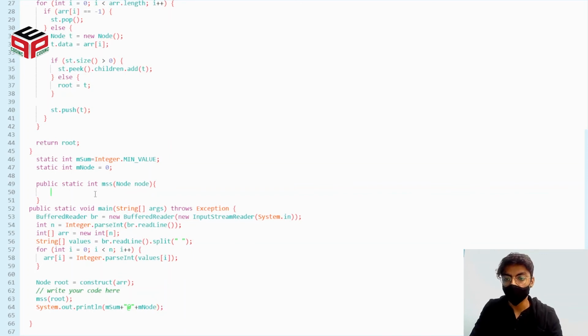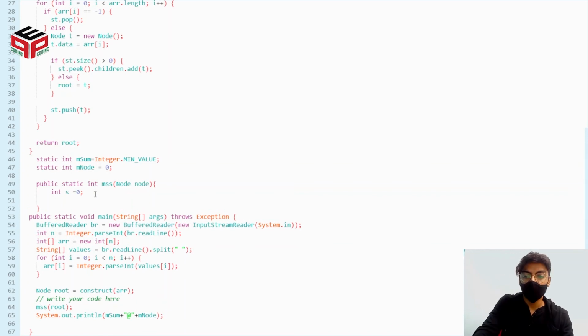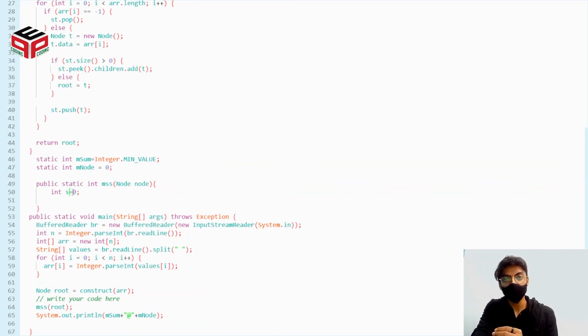Now coming to the function itself, the crux of this entire problem, we have a temporary sum. Let's say it's 0. This variable will basically store the sum of all the children. The children, they will get their subtree sums. This particular variable will add them up.